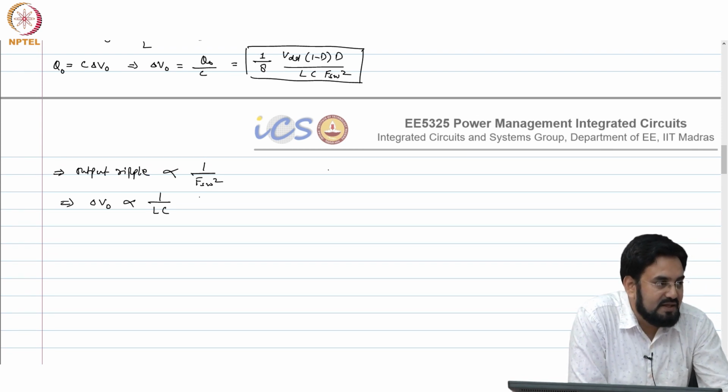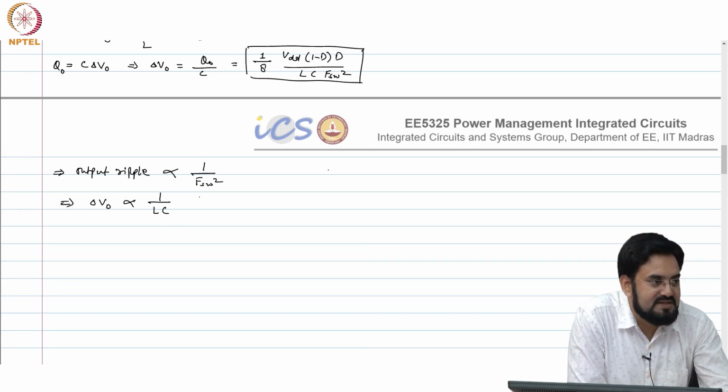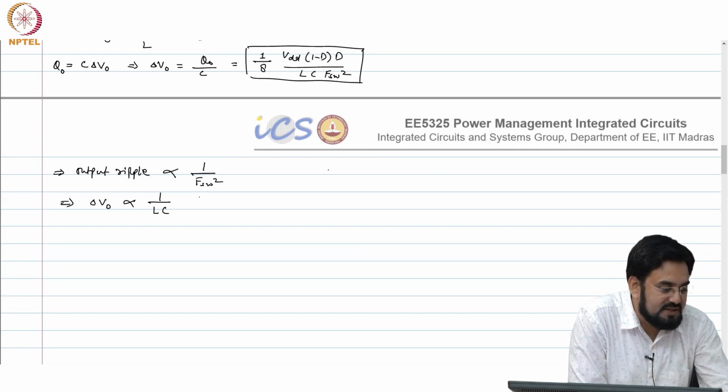which means if I want to reduce the size of my L and C, I have to increase the switching frequency, and that is why when you target, let us say, order of tens of megahertz, the only intention here is to reduce the size of inductor and capacitor, so that your external components reduce and your overall module size is reduced, and you get the benefit in terms of transient response also, because higher switching frequency means you can have a higher bandwidth.